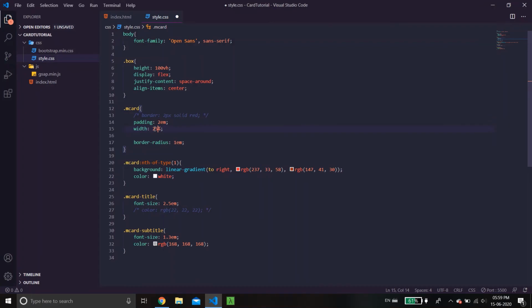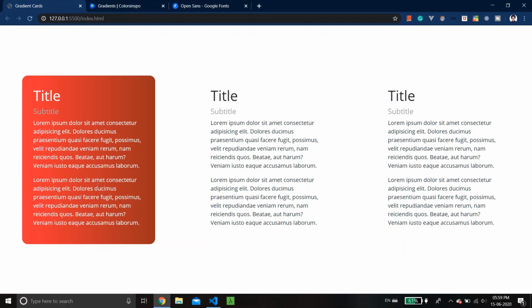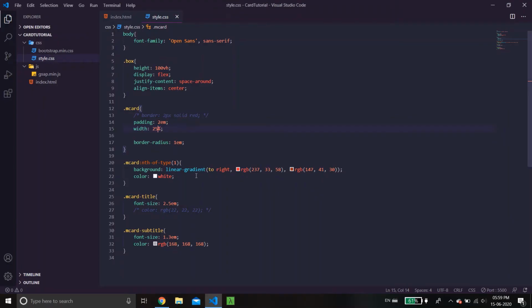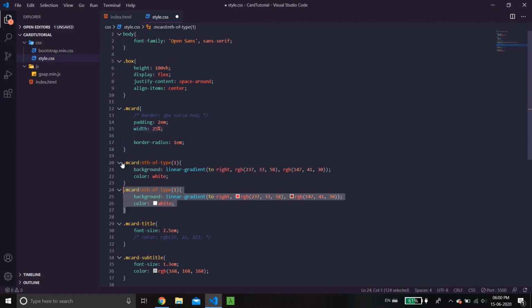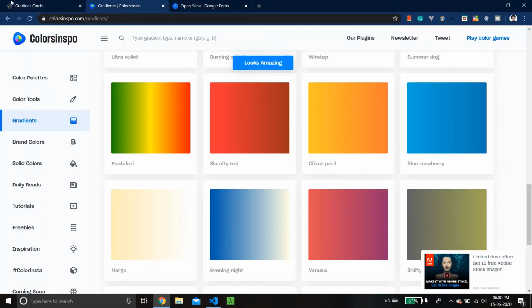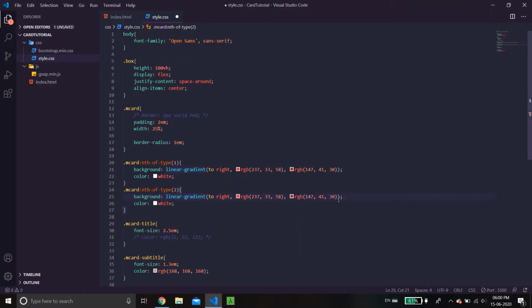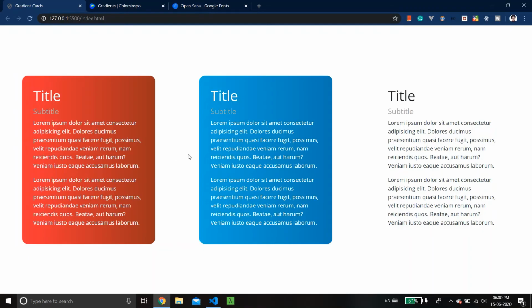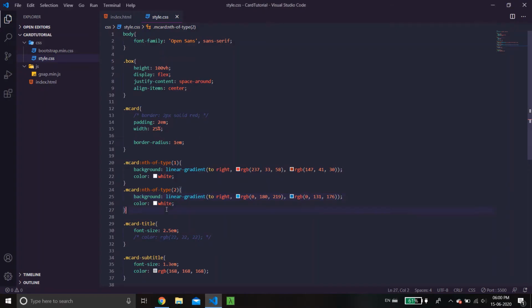I'm just going to set the width to 25% because as I said, I don't want this to be a box. I want this to be either horizontal or vertical, and I am going with vertical right now. So yeah, for the second one we'll copy the exact same thing here and just change the gradient. Let's see, blue raspberry. That seems nice. Let's just copy paste. So again, that looks good. Of course, you have to see the subtitle. I think we can do that individually, but yeah, I think it's looking pretty good till now.